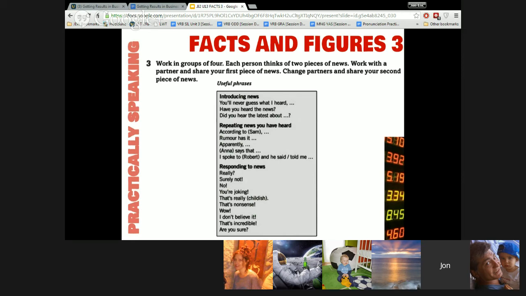So, let's go around the room. Tell me some news. My news is about cooking the egg. Okay? Greg, you were the first to react. So you're going to pick someone else and give a piece of news yourself. You can make it up if you want. All I want is that you really practice these expressions and get them into your memory.